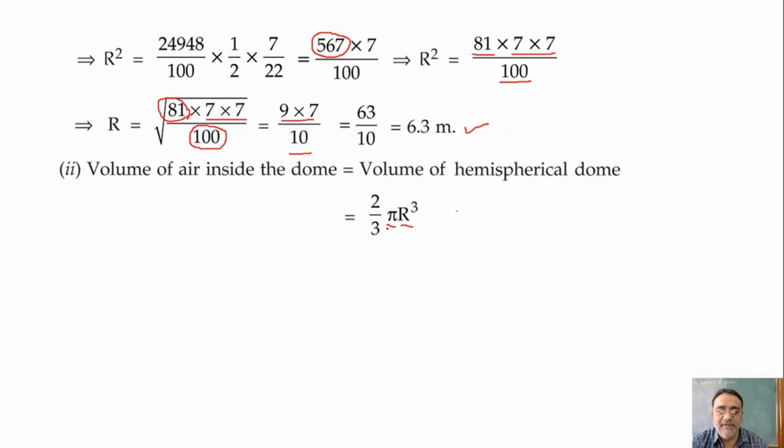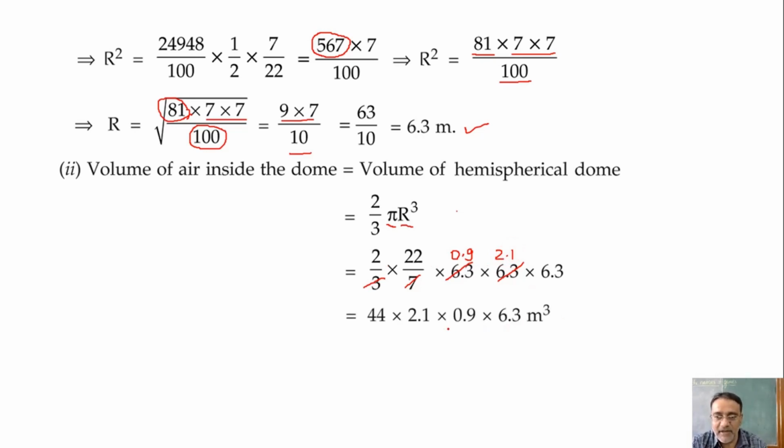Now we'll substitute the value of pi and r. The value of pi is 22 by 7 and the value of r is 6.3. Okay. So 6.3 we can cancel with 7. We'll get 0.9. Right. And again, you can cancel this 6.3 also with 3. You will get 2.1. So what we are going to get, 44 into